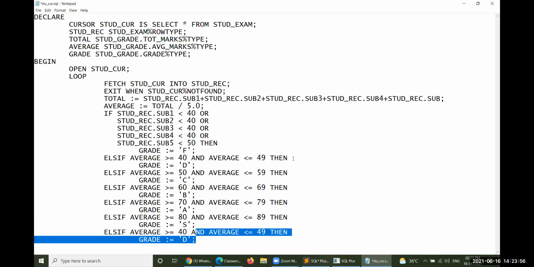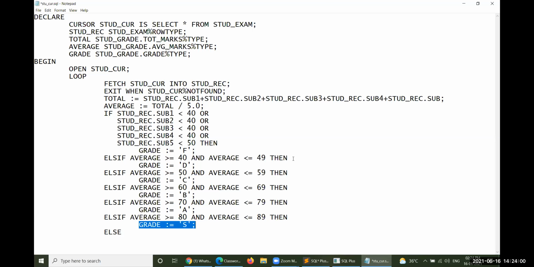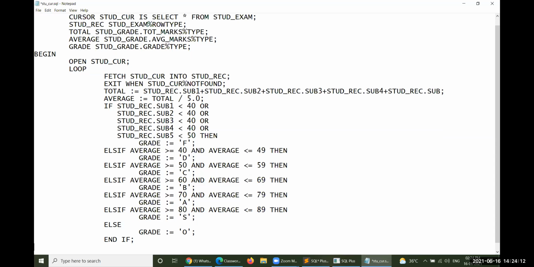Else, if all these conditions fail, then the grade of this particular student is outstanding work. Yes, everything is completed.